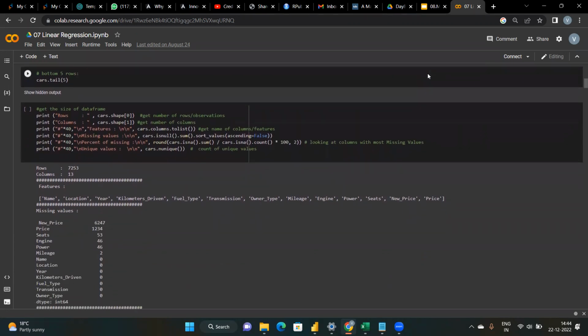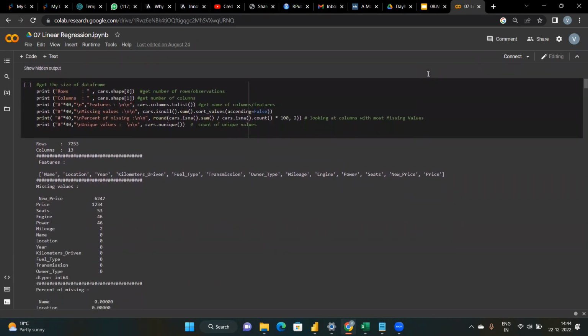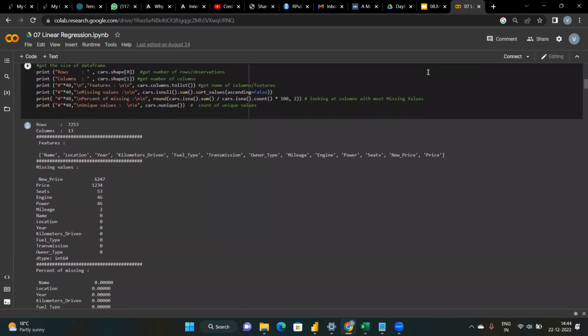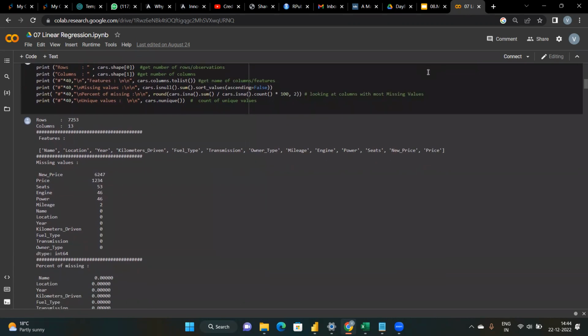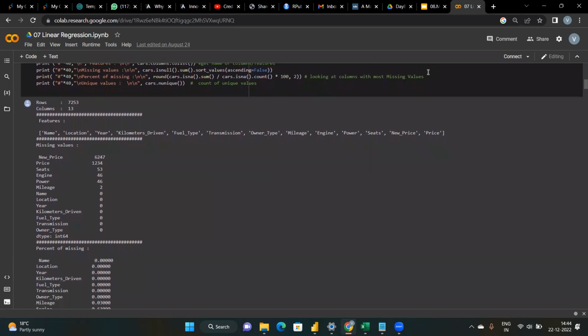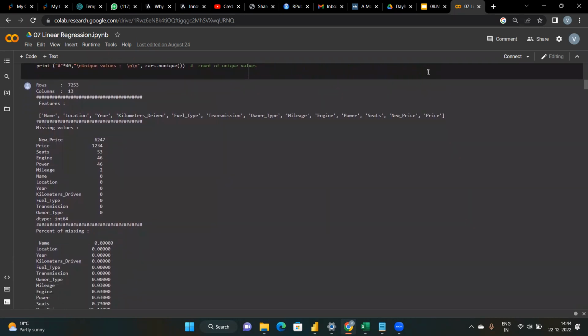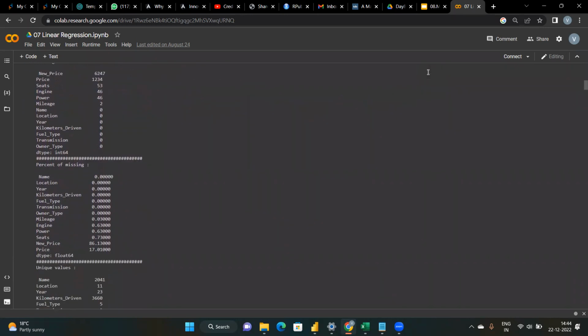After getting the size of the data frame, the rows and columns, the location, the price, what my new price is, what my low price is,